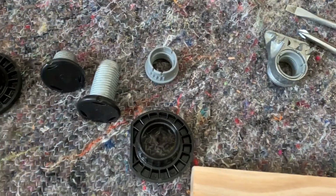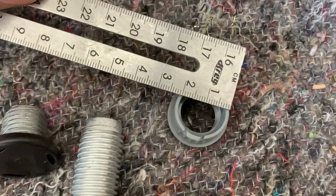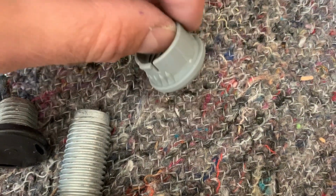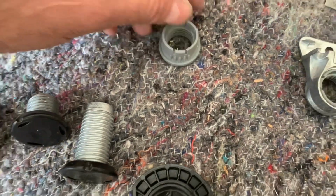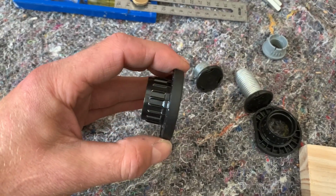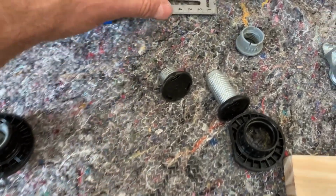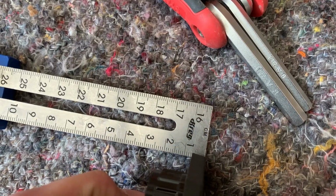So the dimension on that is 22-ish. Maybe you'd want a slightly bigger hole for those ribs to grab into if you did want to do it that way. But as they come, it goes into a 30mm hole, and in its retracted position, that's as far as it goes. You've got a thickness there of, let's see, about 6mm,